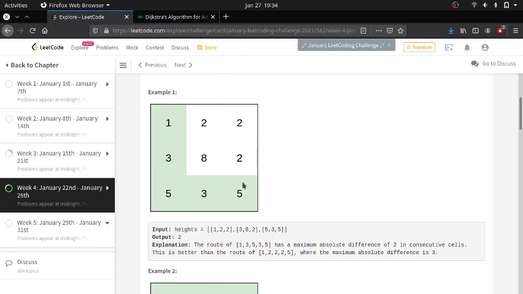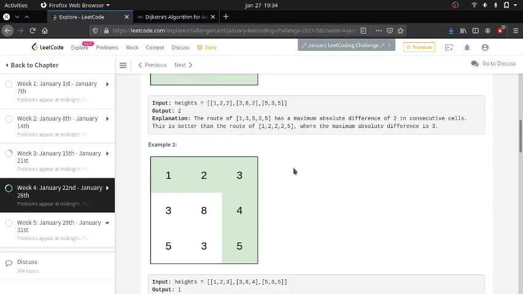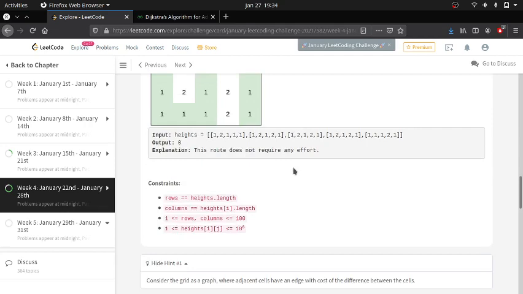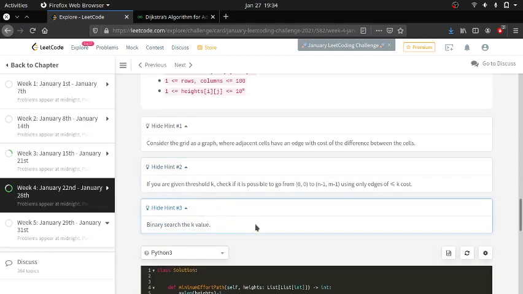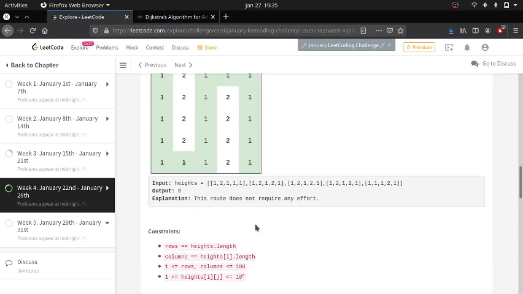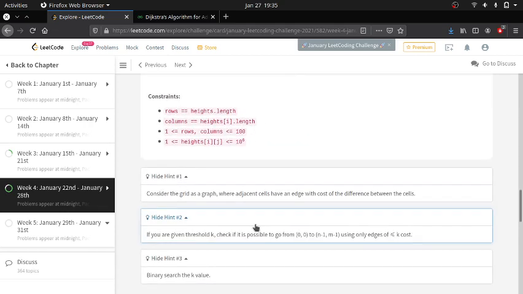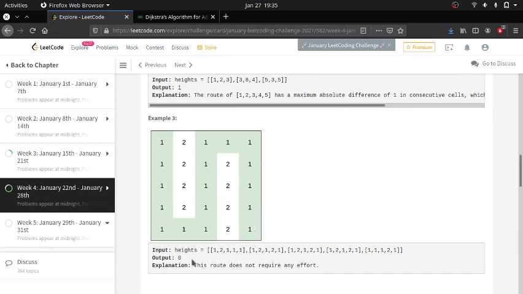The cost is nothing but the maximum absolute difference along the route that we are following. Okay, so that is the second hint. The third hint is binary search the value of k. Okay, to do that what we can do is, the minimum cost will be 0 here and the maximum cost will be